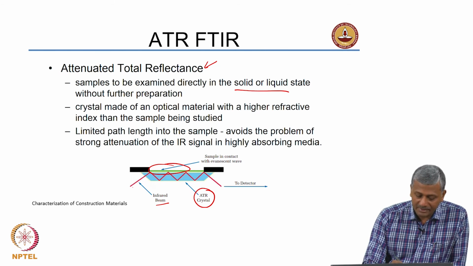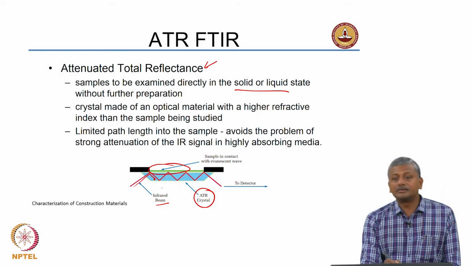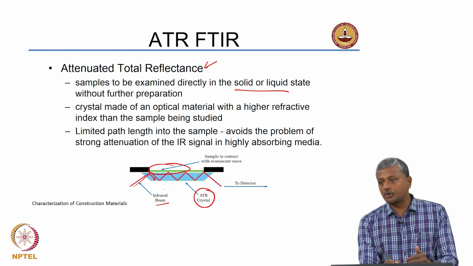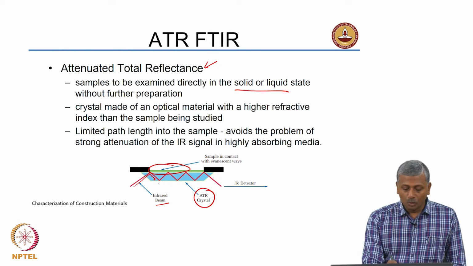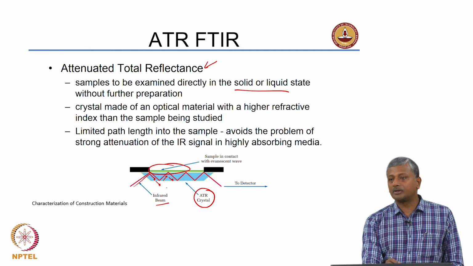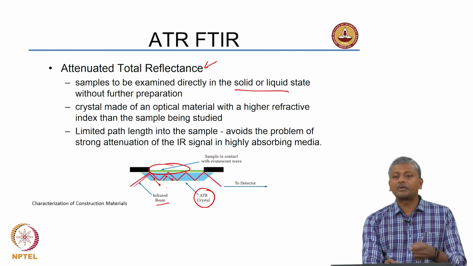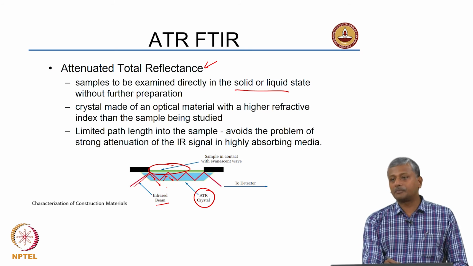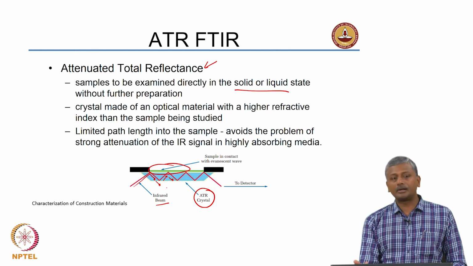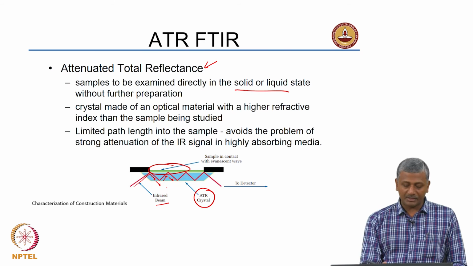What is now happening is this IR beam comes and gets reflected from your sample, and because of the refractive index that you have chosen for your ATR crystal, there is no transmission of this beam out of the crystal, whereas you get total internal reflection. Again, a concept that you have learnt before: at certain angles of incidence light can be totally internally reflected. For example, in an optical fiber cable, the principle of data transfer is by total internal reflection of the light. That is what is happening in the case of ATR also.